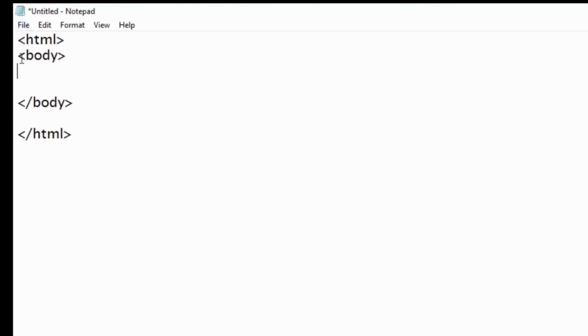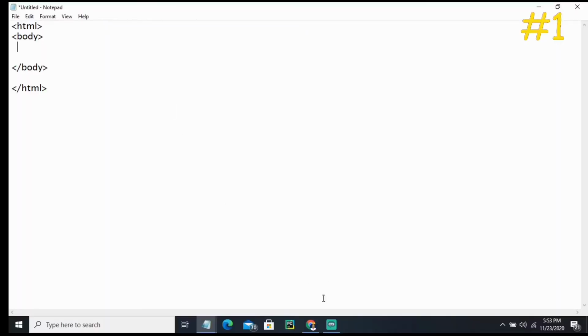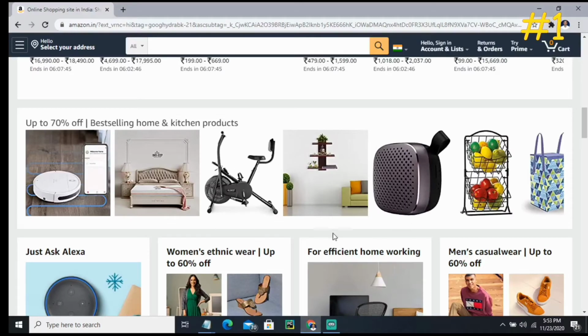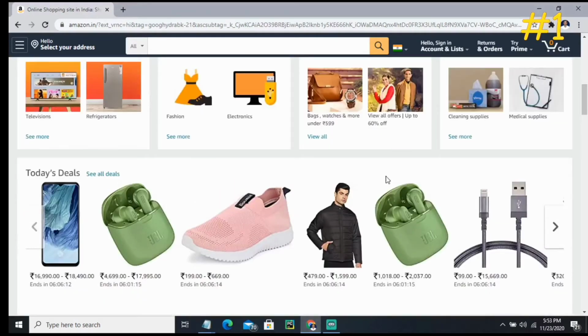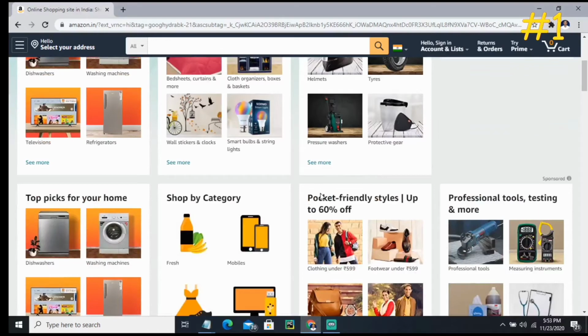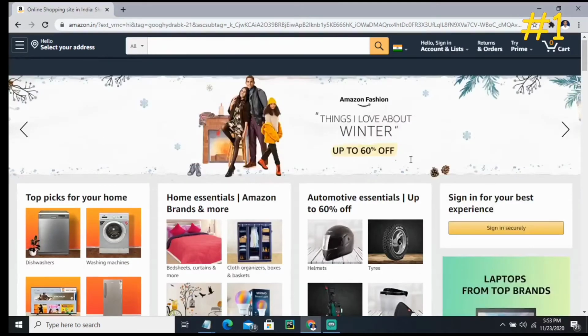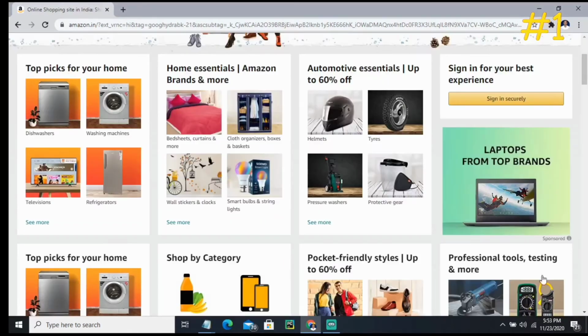Okay, so what is this? HTML is the main tag to start writing the code of HTML. But now what is this body tag? Body is something which acts as a container. So whatever code you write here, it will appear on the web page. If I give you an example, here you might see a lot of images, text and all those things. So this is the container part. Whatever you write in that container part will appear here, like this.